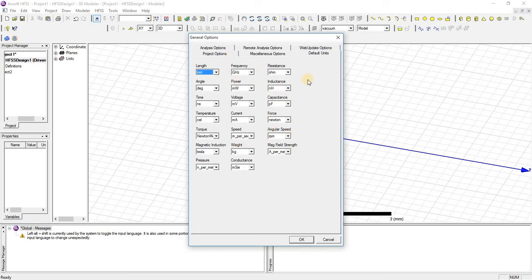You can also check which default units this software is working with. Click on OK.